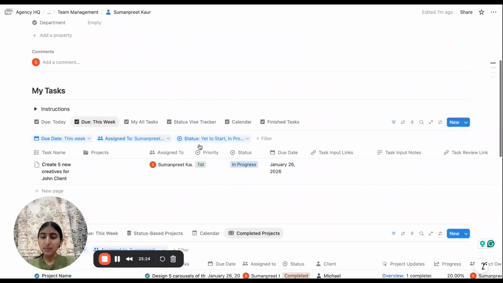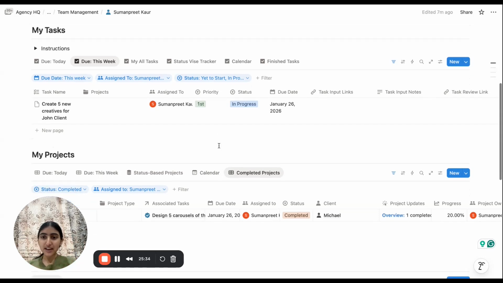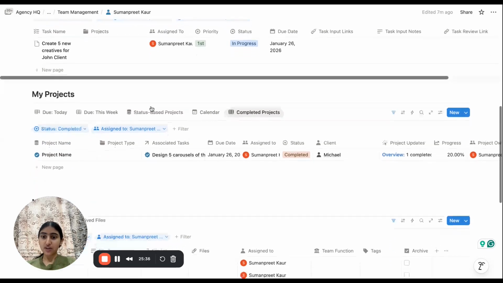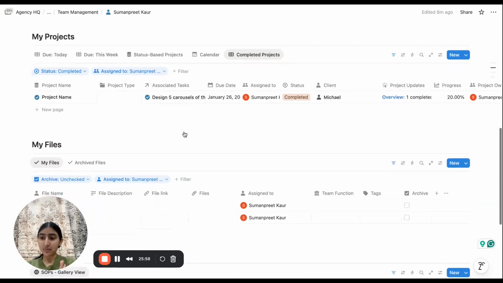Now, the most important part of this system is that the founder hub and all the individual employee spaces are automatically synced. For example, if I make any kind of change here in tasks or in projects, similar changes will reflect in the founder space as well. And the same applies to the other side. If the founder is making changes in any update, in any task, in any project, or making a new entry, those similar changes will reflect in the respective team member who is assigned for that particular task or project. Now let me show you an example of it.